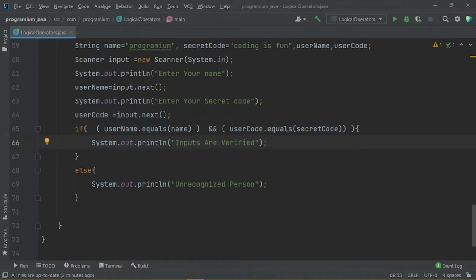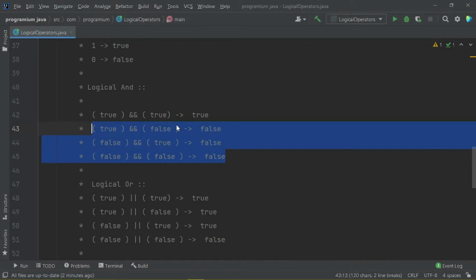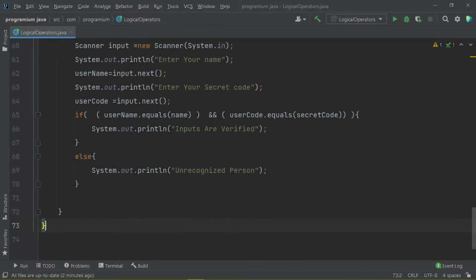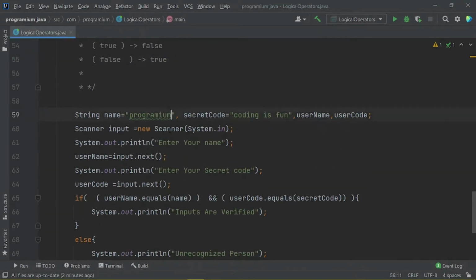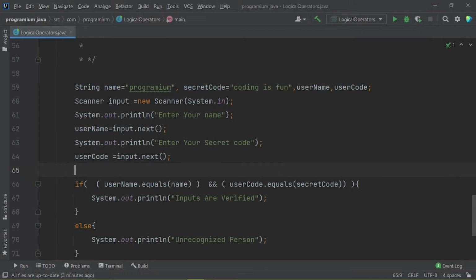Guys, this only happens when one of the inputs returns false. One of the conditions has to return false here. I am 100% sure that this condition would return true, but for the sake of clarity,